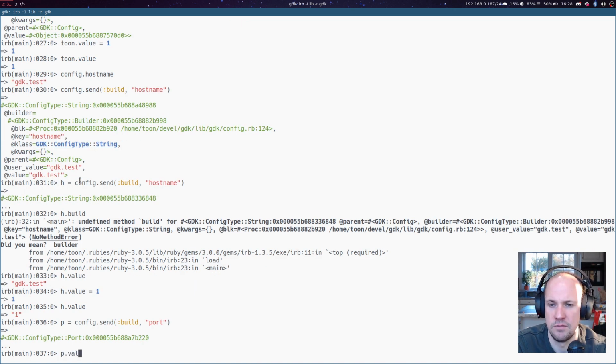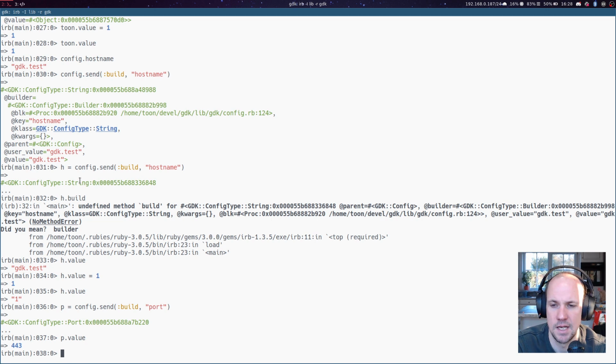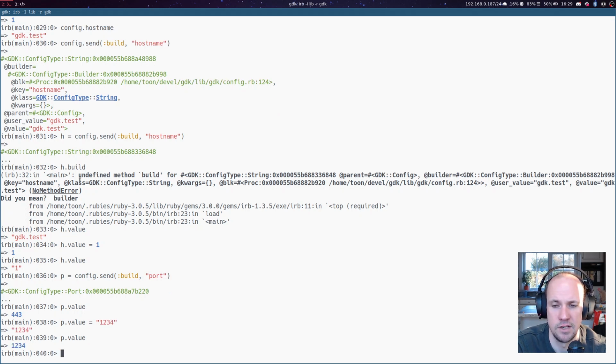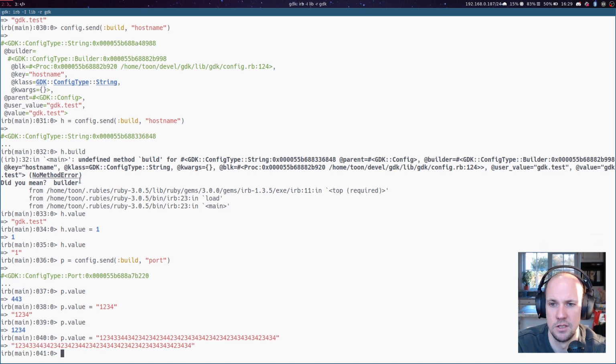So port.value is that value, okay. But I could say port.value is 1234, and then port.value is also sanitized to a number. But if I do an extremely high number that we are not able to parse into an integer, now it says okay, it's signed, but